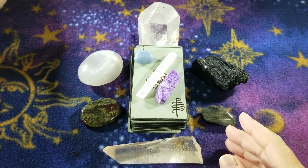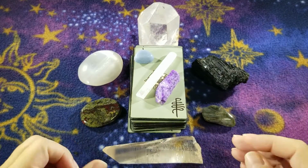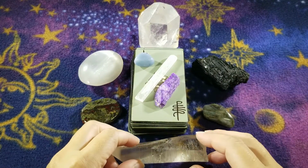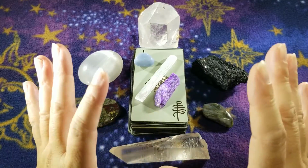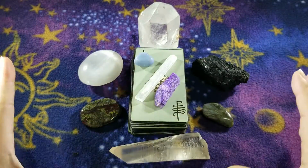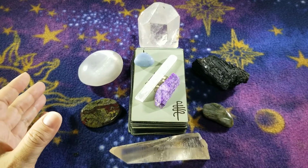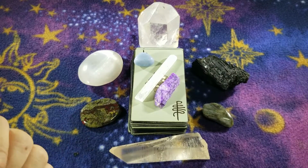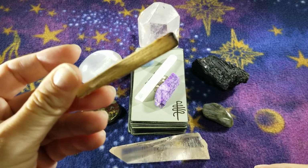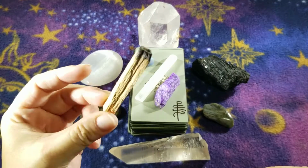Now, sometimes we need something a little bit more, okay? And you want to clear your own energy. So smudging works really good to clear a space. Sometimes you want to clear your own energy. And when I do that, I will use what we call Palo Santo, okay? Palo Santo is a